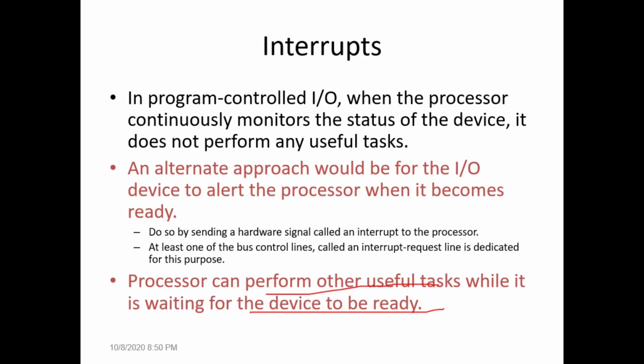And the technique is that there is a hardware signal that every device, whenever it is ready, uses to inform the processor that the device is ready. That hardware signal is called the interrupt signal. This whole mechanism is called interrupt. It means that input or output devices, when they are ready to receive data or when they are ready to send data to the processor, themselves inform the processor and make the processor stop its current execution, answer those devices and return. This is called interrupt.